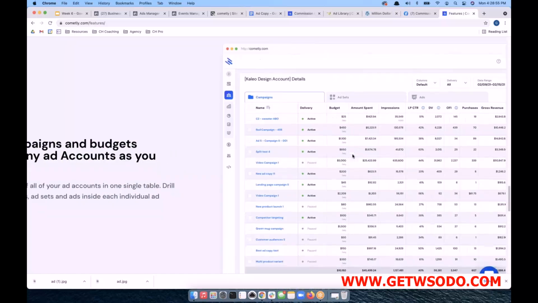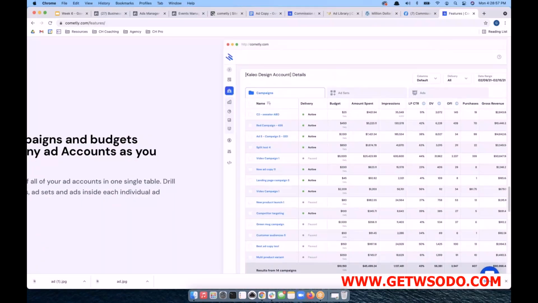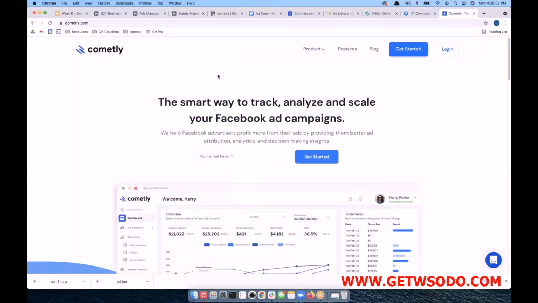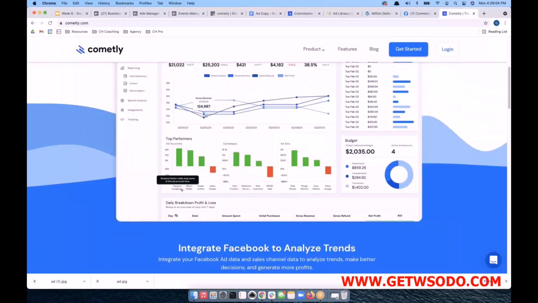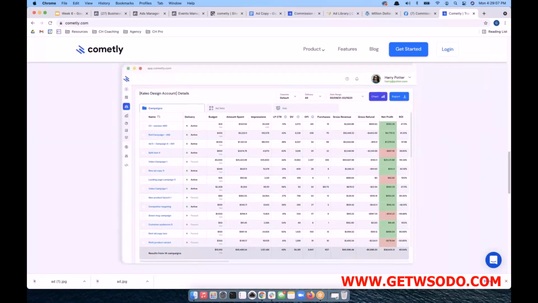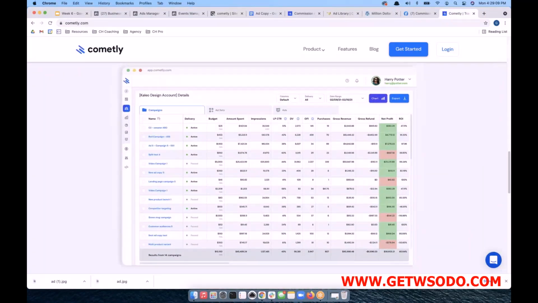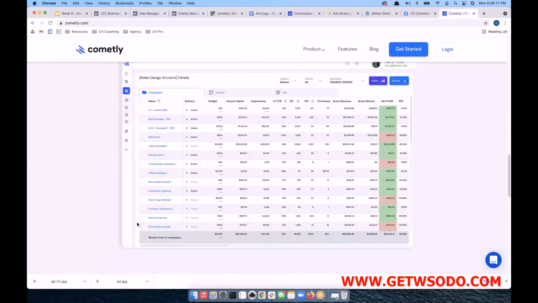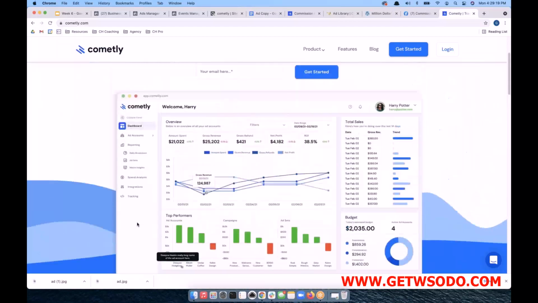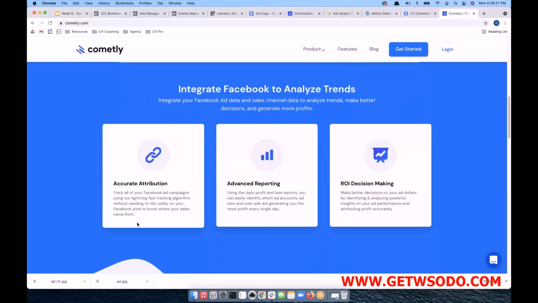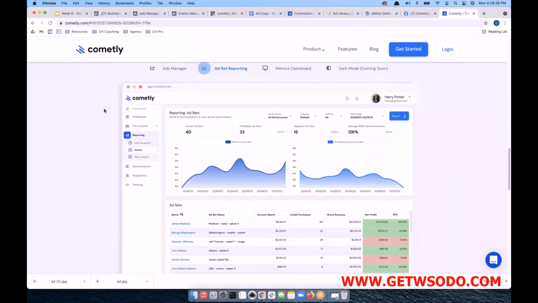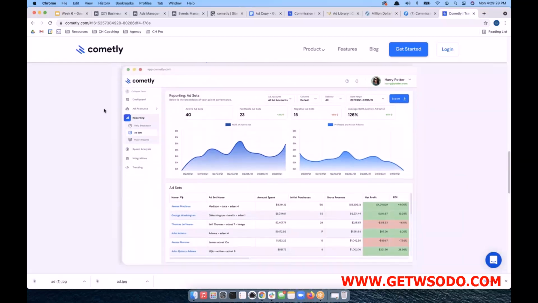Cool. This is great. And then if you go to the homepage, we can show them the ad set page too, which is awesome. And that's the most important thing we talk about all the time. Really, the main thing here, guys, you want to have as many profitable ad sets as possible. And we're going to be covering that a lot in the future trainings. But let's see, if we scroll down here, go up a little bit. Perfect, right there. And do the ad set reporting. So, guys, you can see all of your profitable ad sets. I mean, that's the name of the game here. The more